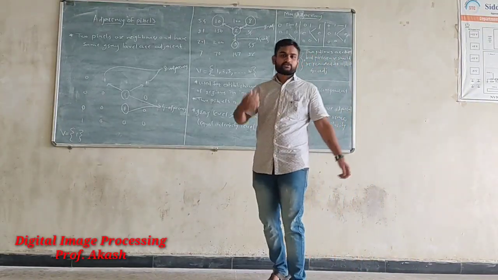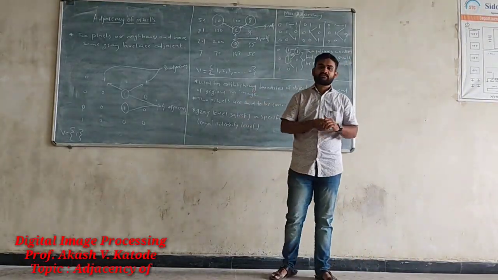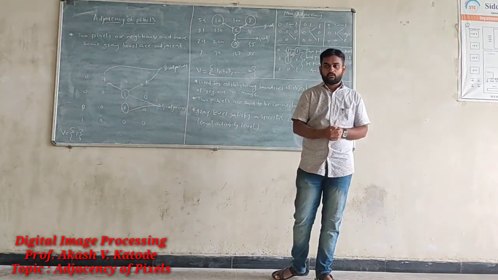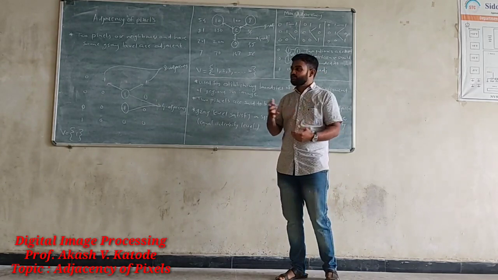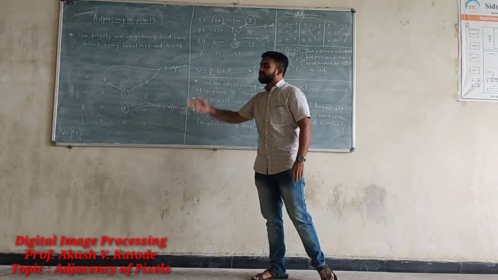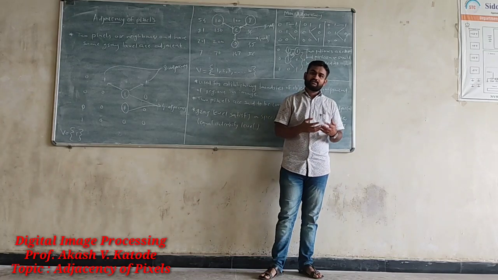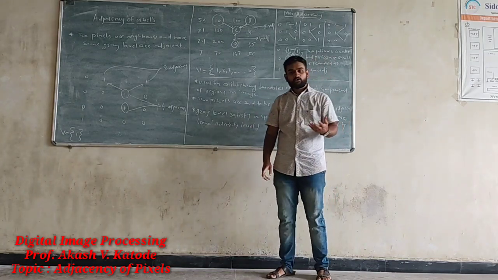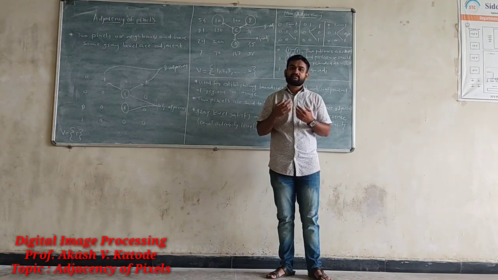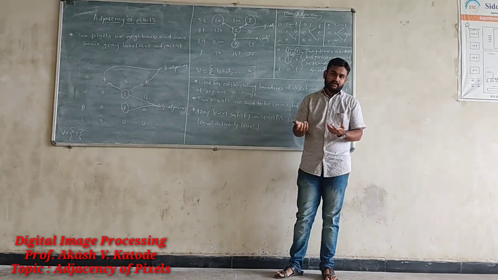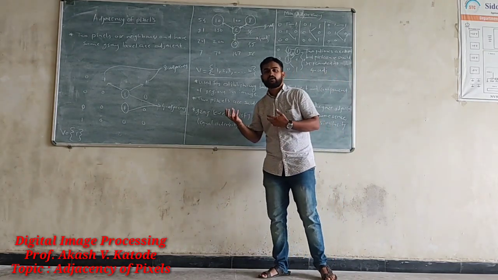We know in an earlier lecture we studied pixel neighborhood, where we discussed 4 neighborhood and 8 neighborhood. This topic is based on the pixel neighborhood, and it is nothing but the adjacency of the pixel. This portion is the same as 4 and 8 neighborhood, where by using the 4 neighborhood and 8 neighborhood, we can say that pixels are adjacent to each other.